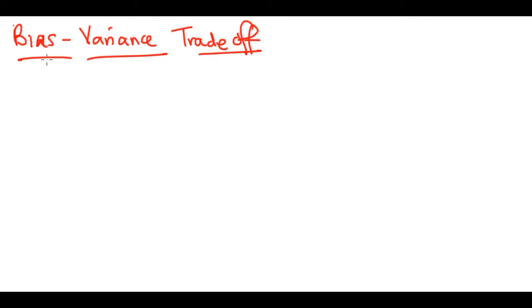So we saw that our test MSE has a U shape, right? And it turns out that this U shape is a result of two competing properties of all statistical learning methods. What are those two? Here I'm just going to give you a mathematical equation, but you don't have to know what it means or how to derive it. We are going to just take out the implications of the